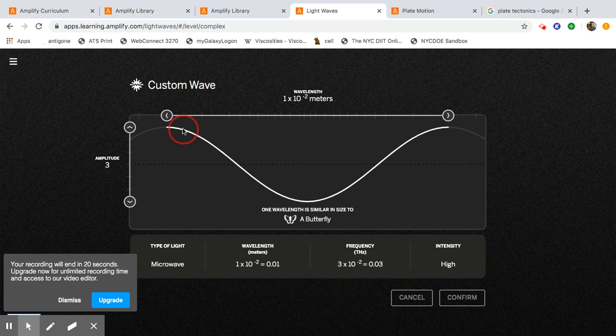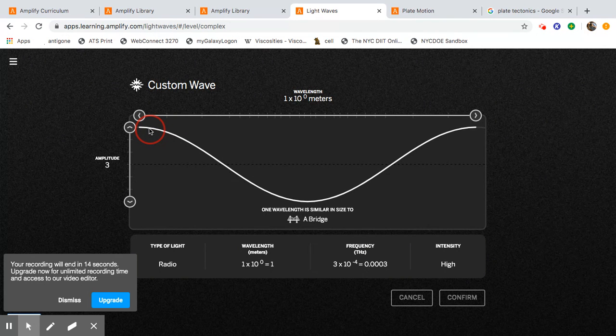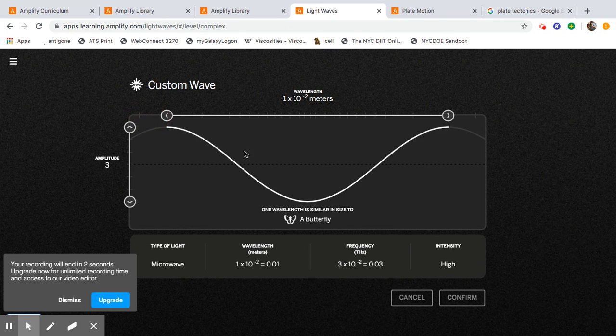I only have 20 seconds left in the video, but I just want to show you the different wavelengths. Right now we're looking at microwaves and radio waves, the longest and least damaging ones. Radio waves are similar to the size of a bridge. Wow, I did not know that. And these microwaves